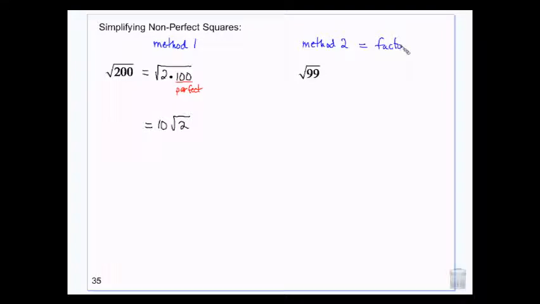And you can make a factor tree. And I can look at this number 99, and I can say 99 divides by 3, and then 33 divides by 3, and then 3 and 11 won't divide by anything further. And I can say, oh, here's a pair of 3's. So every pair